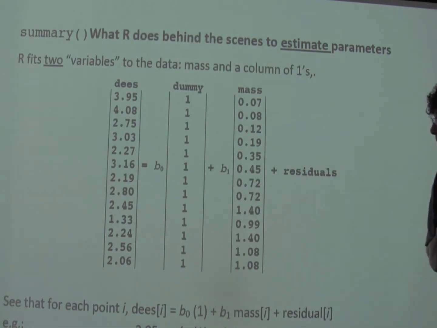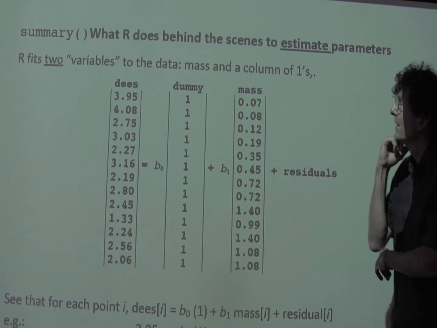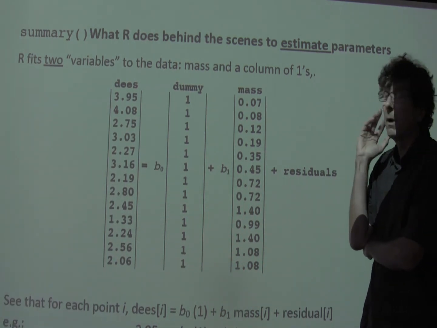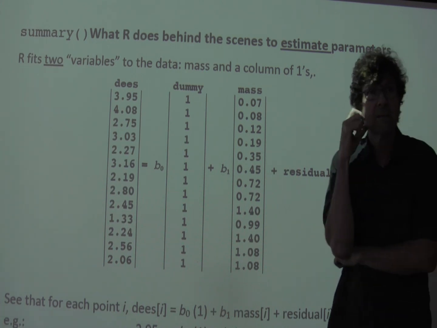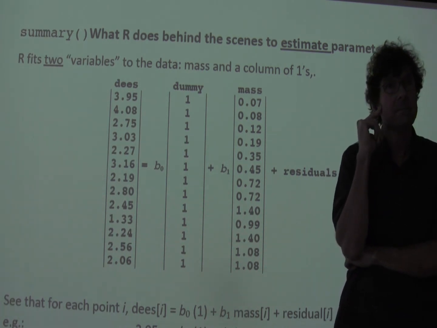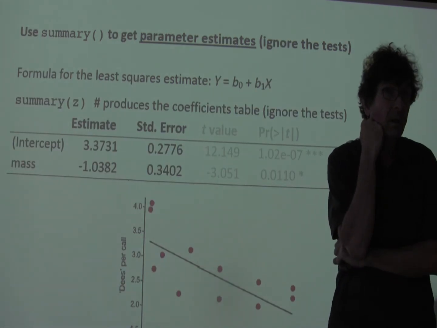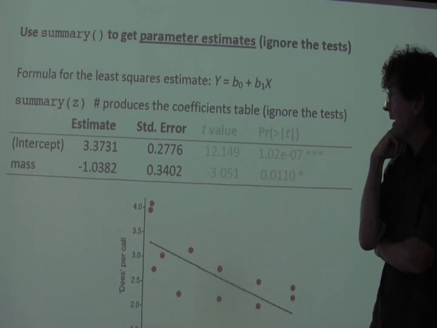Now, what is R actually doing behind the scenes? Really, what R does is there's only one X variable, but it's actually fitting 2 columns. Would you just be able to go back to the last slide and re-explain what the mass was, the estimate? That's the body mass of,